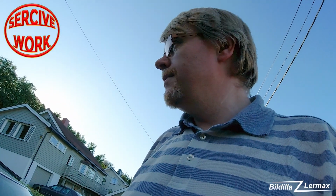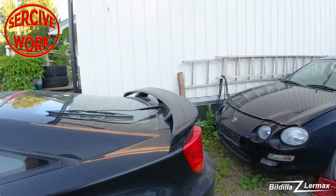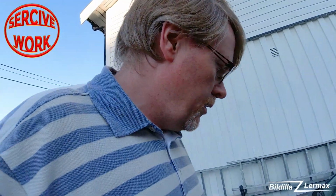This car has to go into the garage, and I have to go over the whole suspension, front and back. I'm thinking it would be nice to just take everything in one go, because the chance that some of it is good and the rest is not good, I don't believe it. Most likely everything is more or less used up. So I just have to go in and